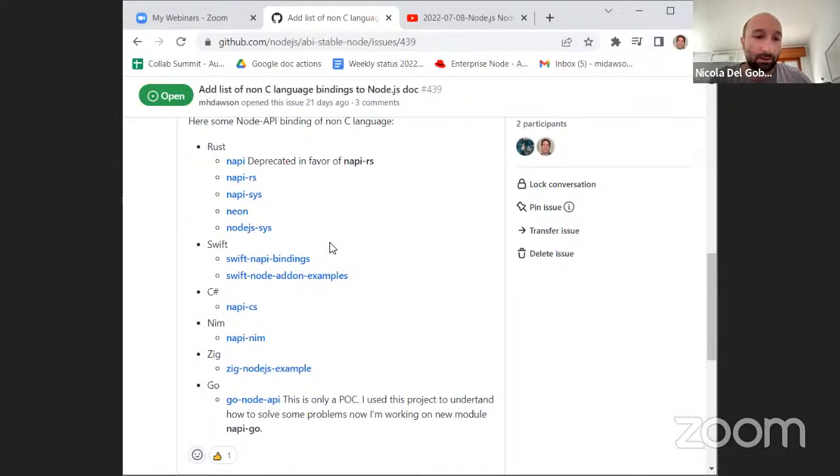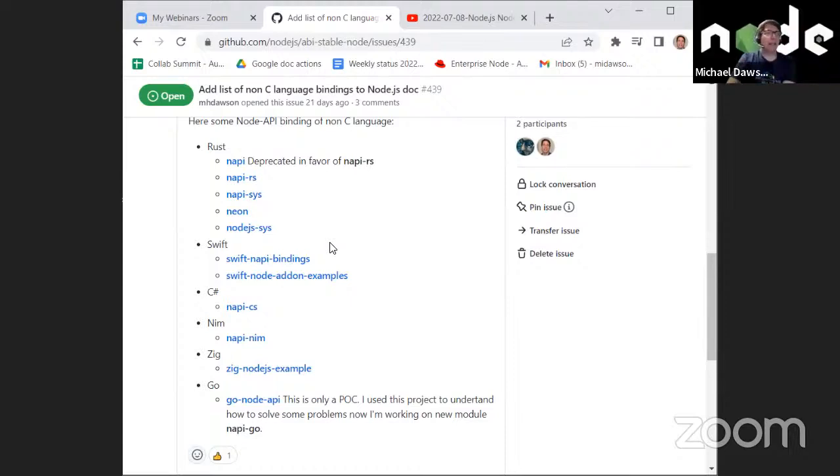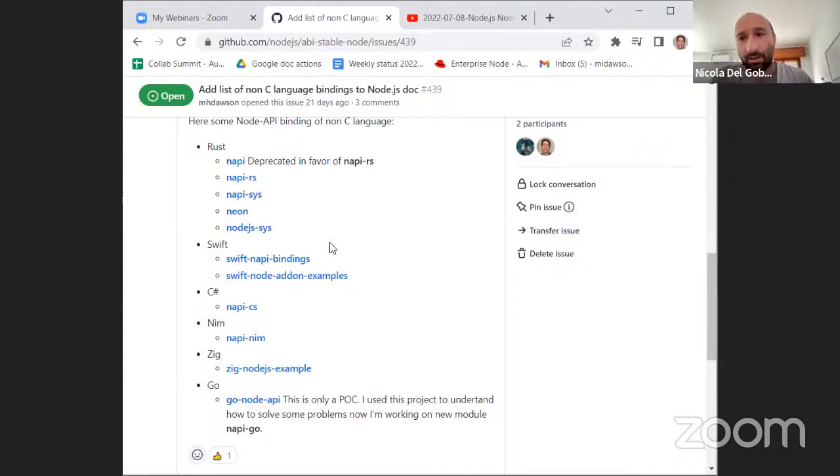In Bun, the native code is written in Zig. I saw that they said they implemented 90% of the API, and I took a look at the code, and it's almost all the API they implemented, even the thread safe function.